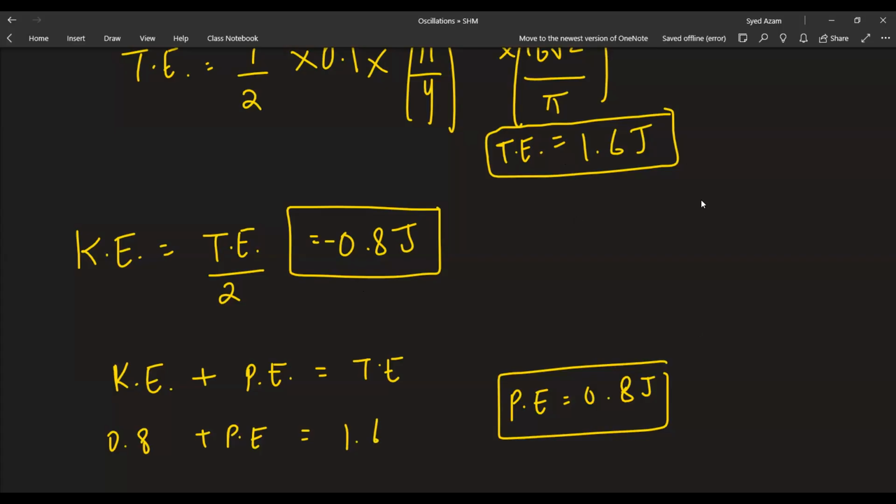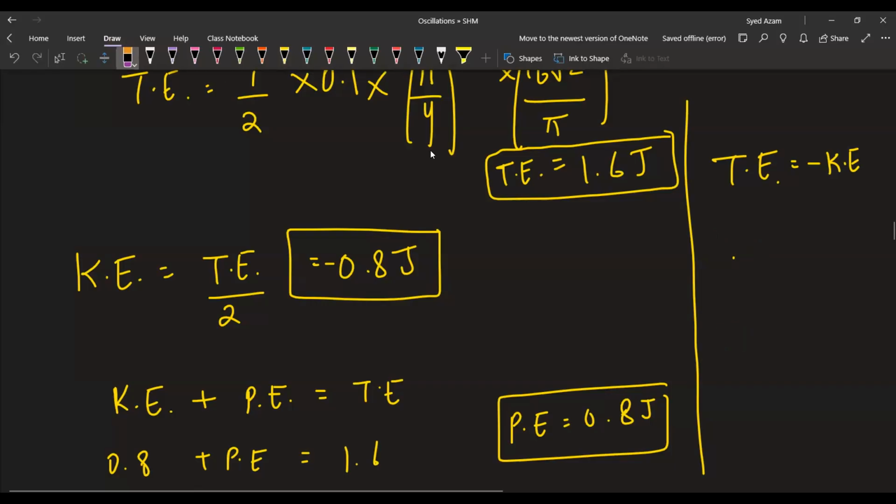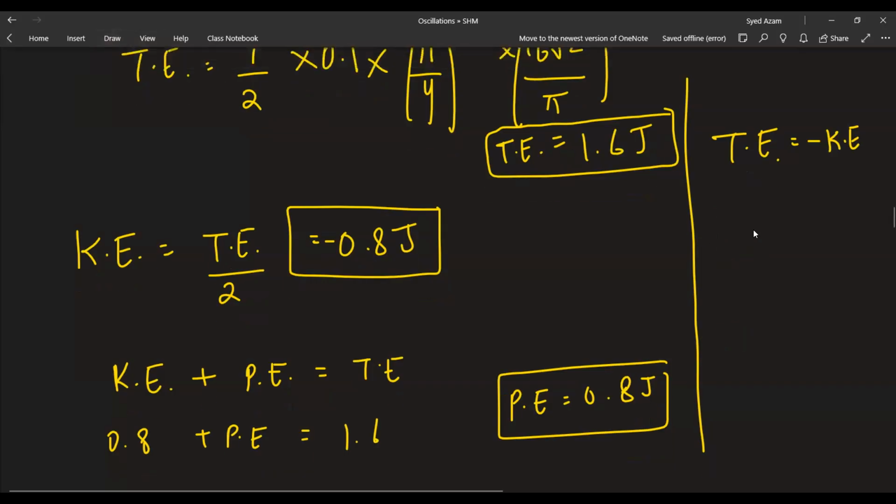Okay, total energy, see, when we are talking about a relation, I'll tell you. Total energy is there, okay? You have kinetic energy present and you have potential energy present. So kinetic energy and total energy, they are just negative of each other. So when you write, you can use the rest of the relations also. So in total energy, this is simply negative of kinetic energy. You can put it like this. And when you have the total energy in terms of the potential, so this becomes potential energy